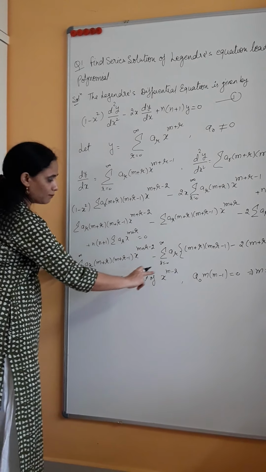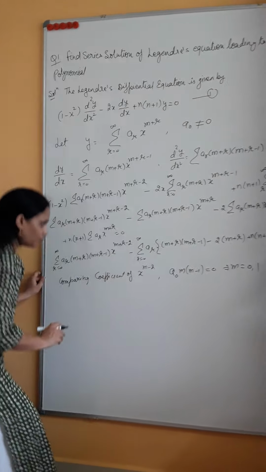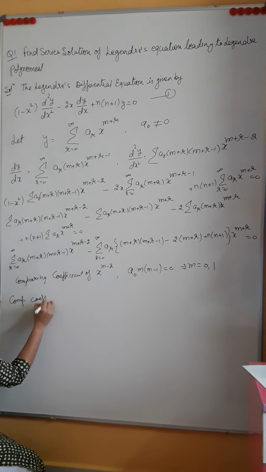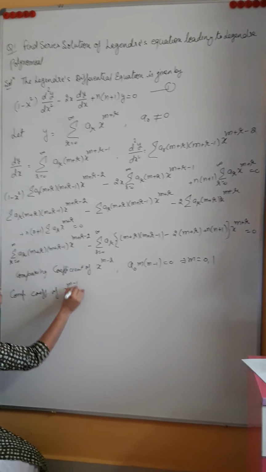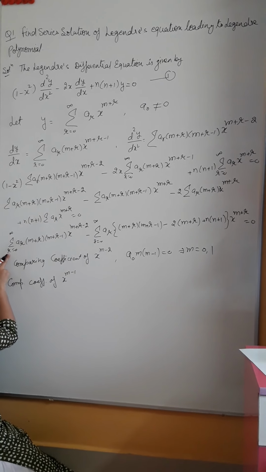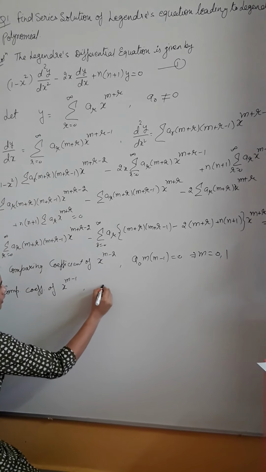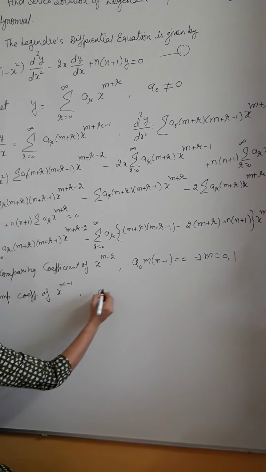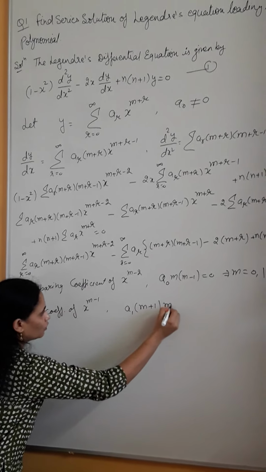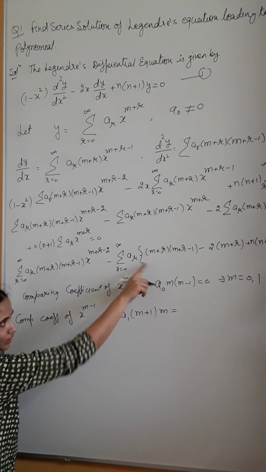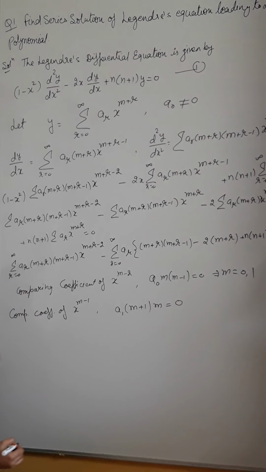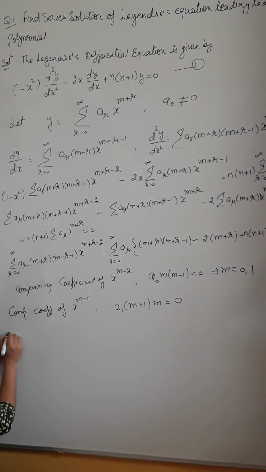That means if we take m minus 1. So what are we getting if we compare the coefficient of x power m minus 1? When I compare the coefficient of x power m minus 1, I put r equal to 1 here. So when r equal to 1, we get a1 times m plus 1, and then when I put r equal to 1, this becomes 0. And on the right hand side, we cannot find m minus 1 since r is starting from 0. So this is equal to 0. Okay. Now compare